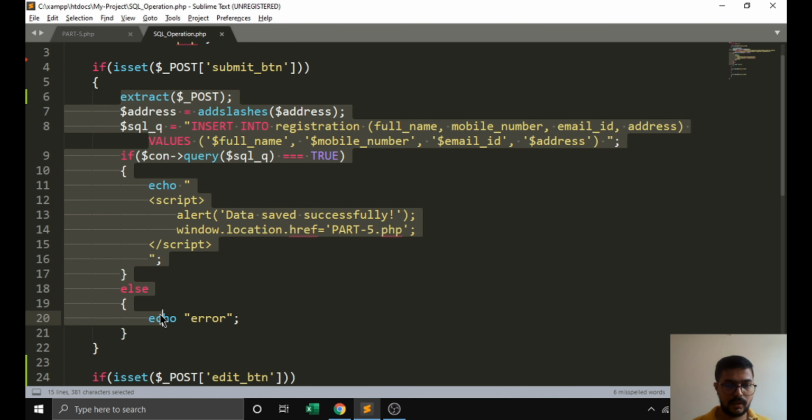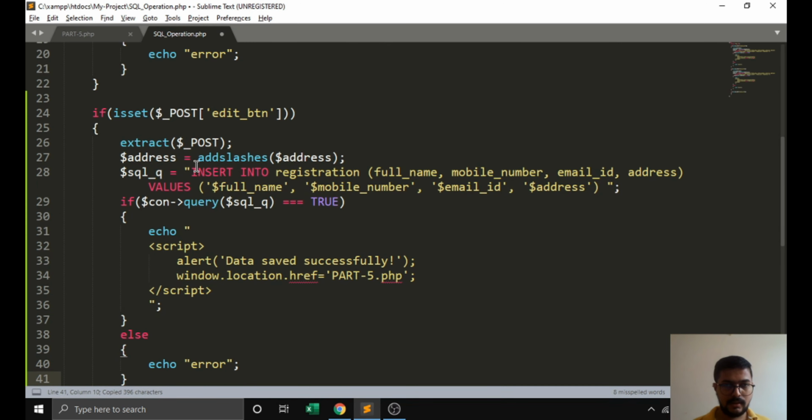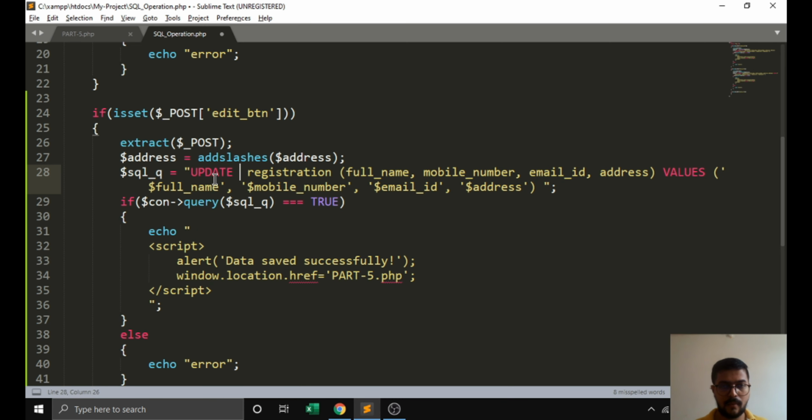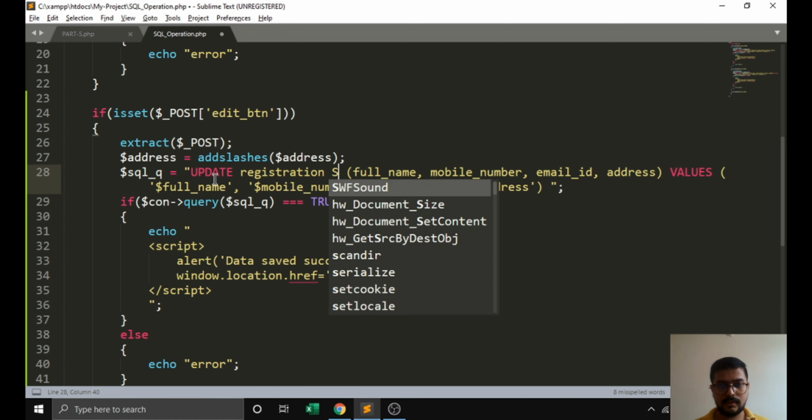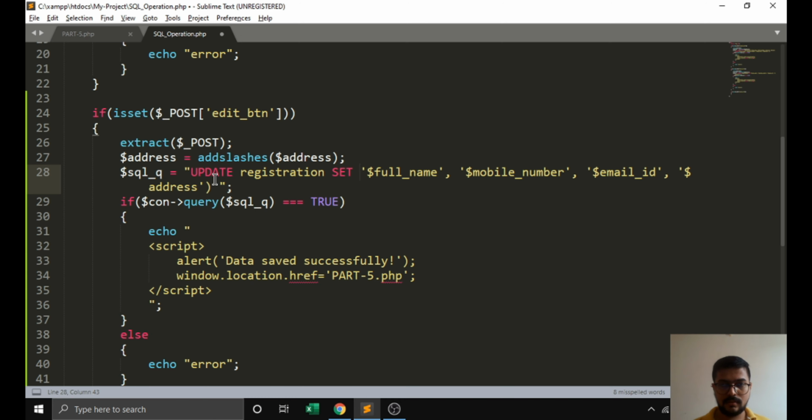We have to copy and paste this code in this, and change the insert into command to update registration set. We have to update all these variables like that over here.